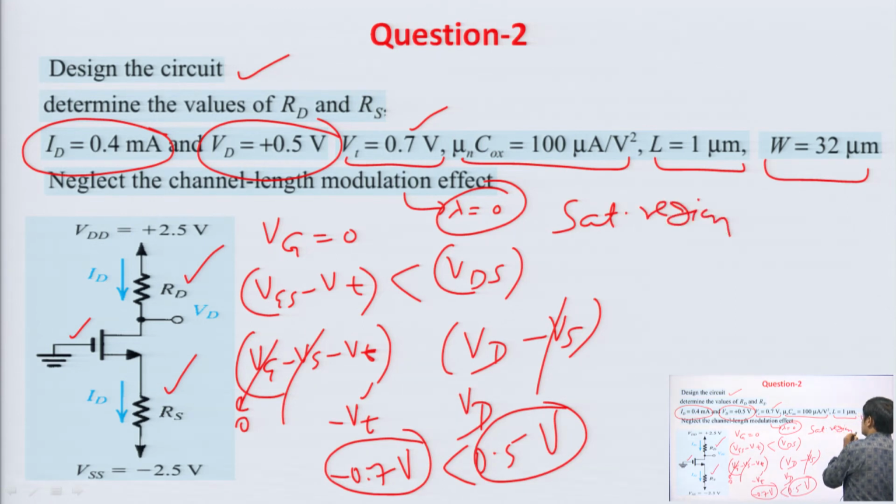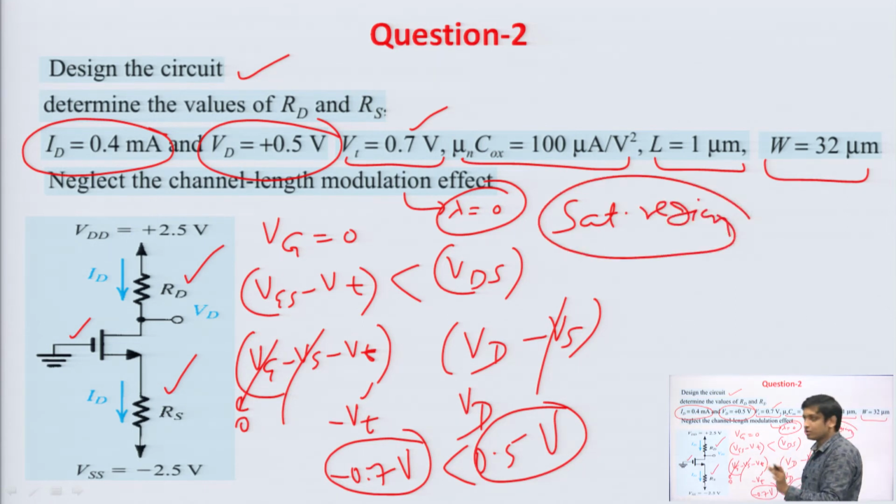Now, we need not assume it, because since sufficient parameters are given in the circuit and we can find out the region of operation, it is better to find it, because now we know that the MOSFET is in saturation region. Now, we can directly use the drain current equation of the MOSFET in saturation region, fine. So, the region of operation is clear, it is in saturation from this explanation.